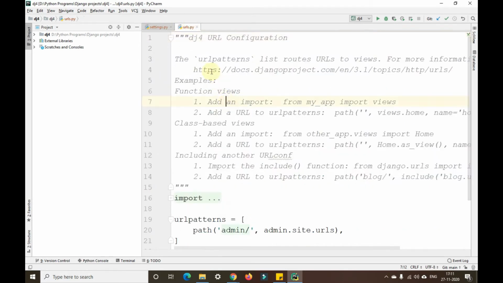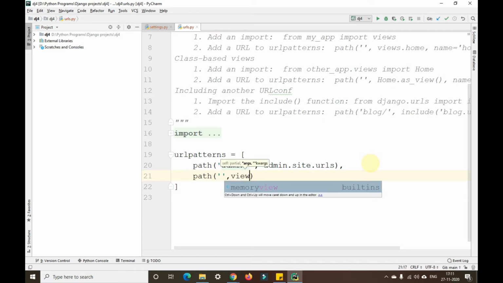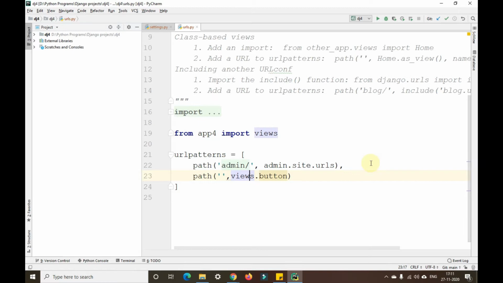Now in urls.py, we'll add a path called empty path here, with views.button. We'll be working with button today, as I've told you. Alt enter, import this name, app4.views.